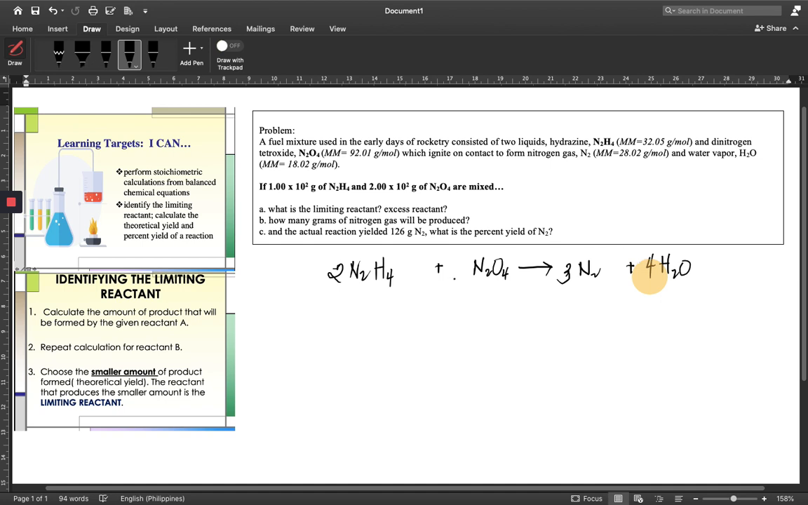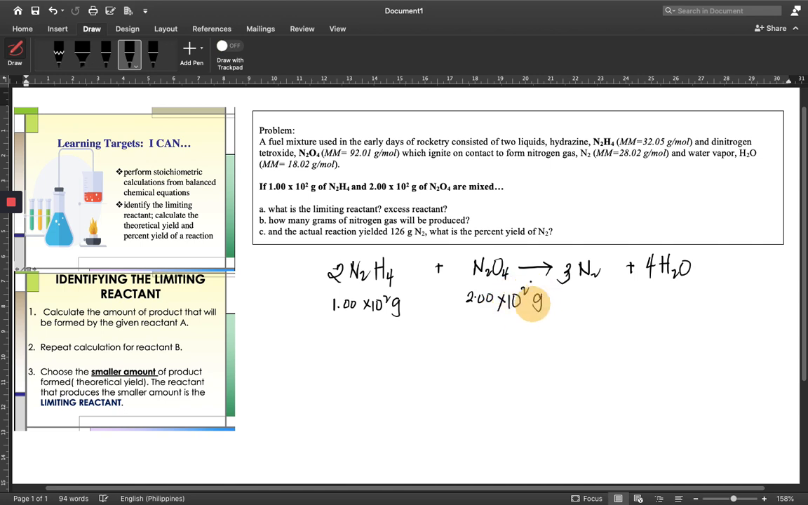Alright? So now that we are given the balanced chemical equation, it's good if we can also write down the given values. So for N2H4, you are given 1.0 times 10 to the 2. Okay, this is basically 100, but it's reported in 3 SFs. Okay, times 10 to the 2 grams of hydrazine. Now, for dinitrogen tetroxide, you are given 2.00 times 10 to the power of 2,